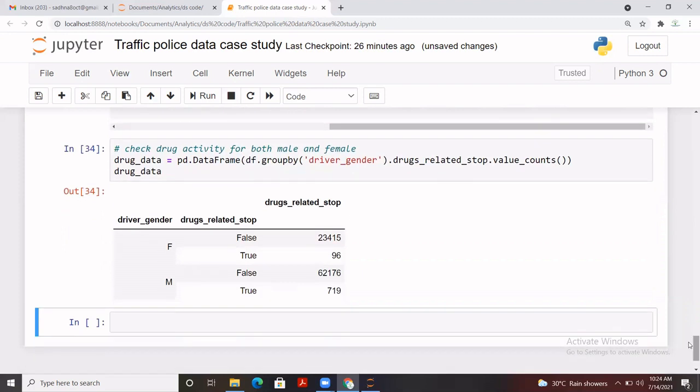So what we can see from here, we can basically find out the true value for female and the false value for female. The true value for female is lesser than the male one. So that's what we can see from here. And let's say we need to add some more analysis into that. If you want to know why female cases are less, obviously it's because we do have less data for female cases, right?